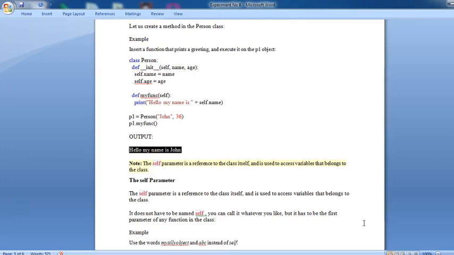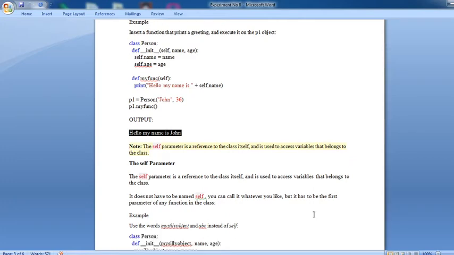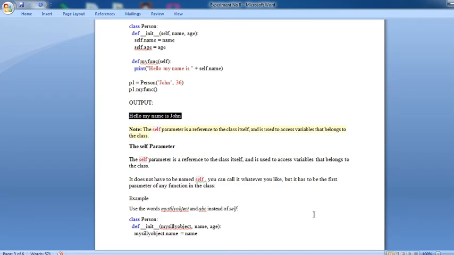You can call it whatever you like, but it has to be the first parameter of any function in the class.